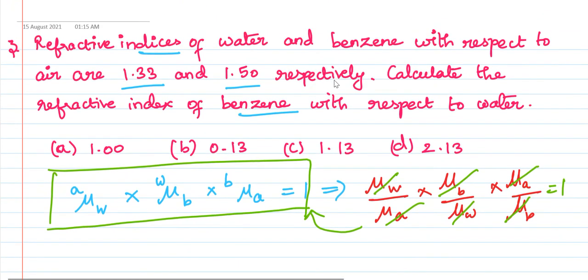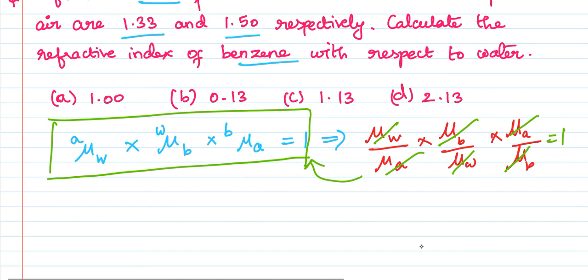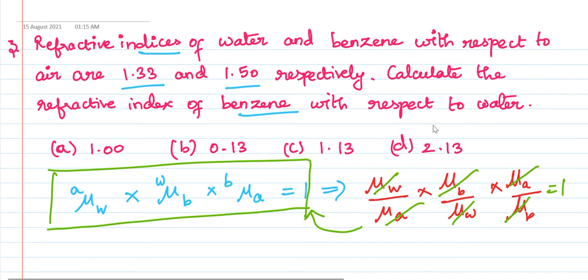So as per the given data, you can see something clearly. It is nothing but what? Refractive indices of water and benzene with respect to air is given. Okay, so first what is given? So that we are going to write one by one. Okay, shall we proceed? So let us see. So you can see clearly what is given. I will tell one by one as per the question. So make a note of it.